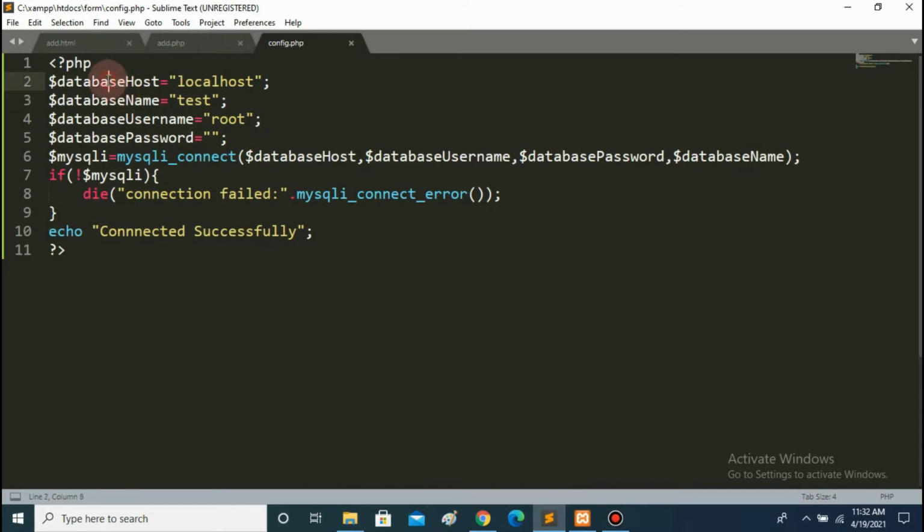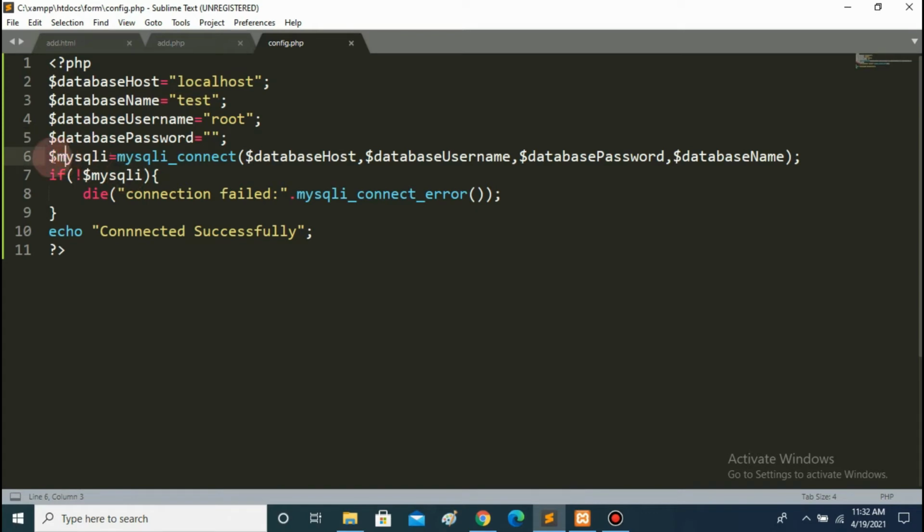So first, natay database host which is atong local host, and then atong database name is test katong ganina, and then database username is root na ito nakabutang sa atong database, and then password is wala, and then ato siyang gibutang sa